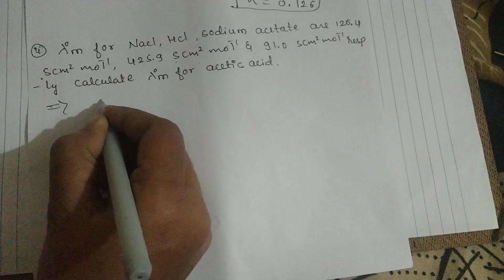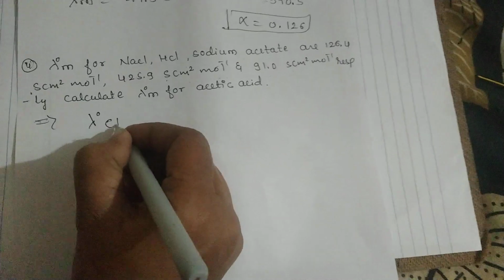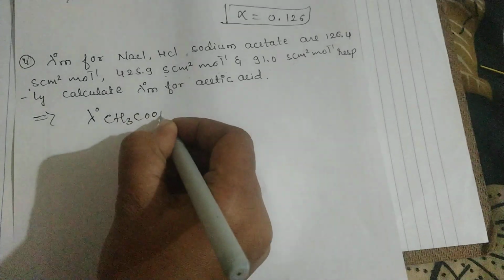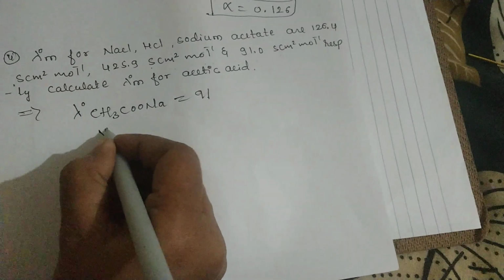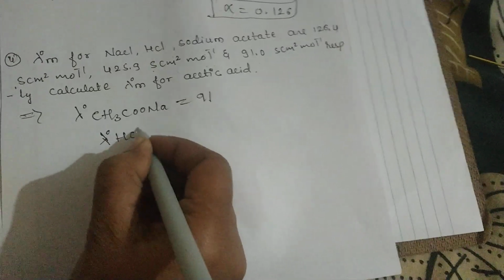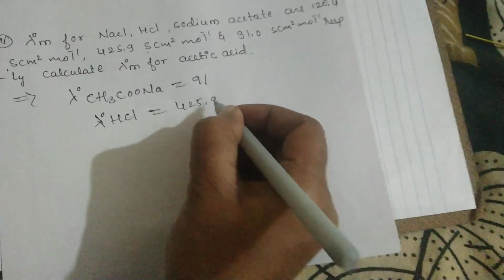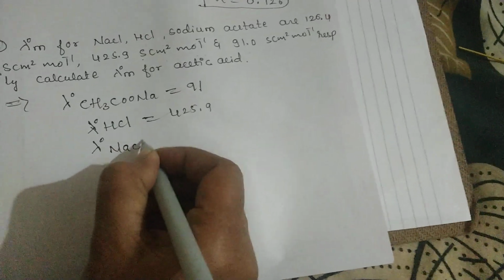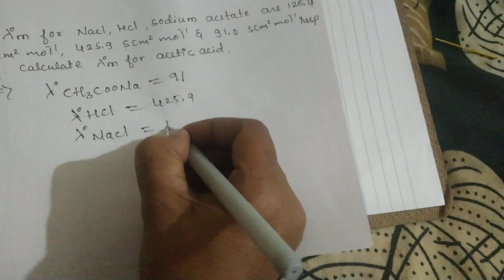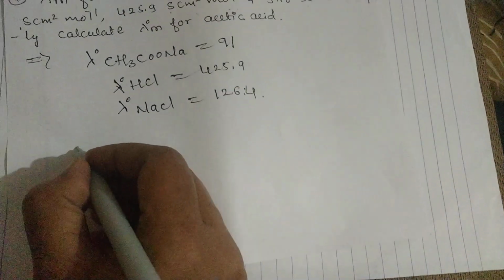The given things are: lambda naught for sodium acetate is 91, lambda naught for HCl is 425.9, and lambda naught for NaCl is 126.4. Now according to Kohlrausch's law,